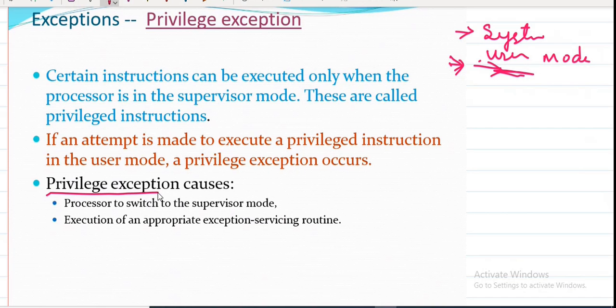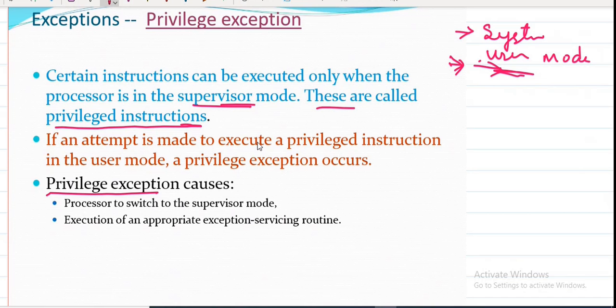There is a set of instructions called privileged instructions, such as modifying the priority of a device, or some particular information that can be done only in supervisor mode. The instructions that can be executed in supervisor mode, we call privileged instructions.